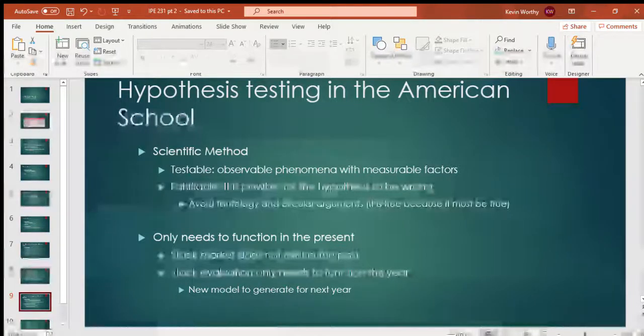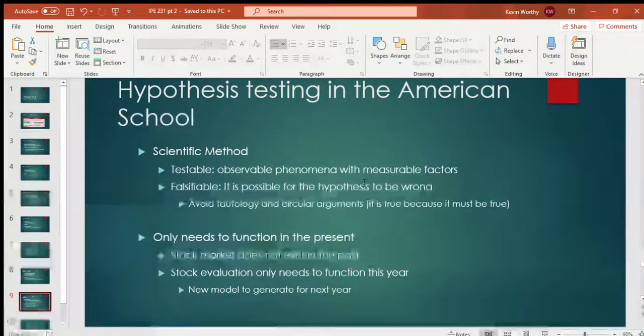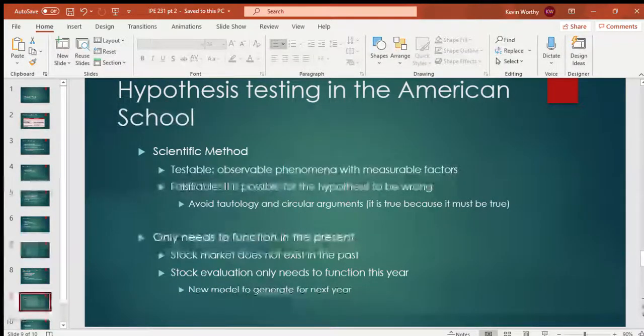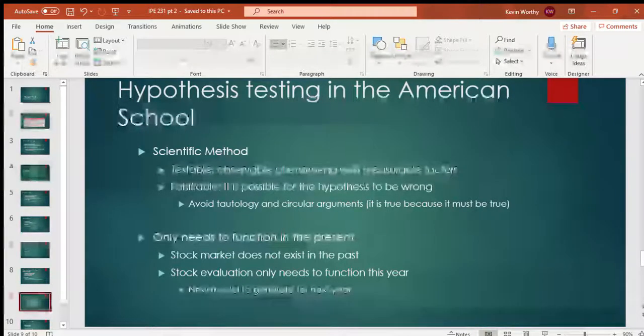When you're doing hypothesis testing, when you're taking a scientific method, you only need to deal with what's happening now. It doesn't have to be good forever, right? Even when we talk about gravity, right? Gravity is very scientific. It only applies on the surface of the Earth, right? When we talk about you fall at 32 feet per second, right? Whatever, even if that's inaccurate. You are talking about this applies today near the surface of the Earth, right? That's a testable hypothesis because you can drop something and see how fast it falls, right? Well, how fast it accelerates, for those of you that are scientists.